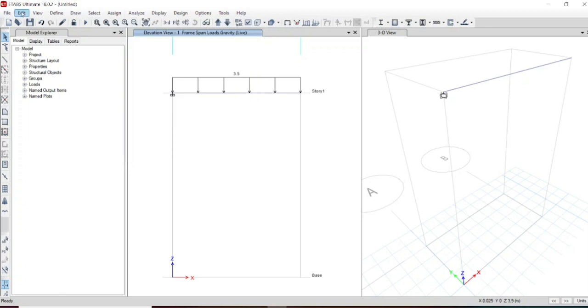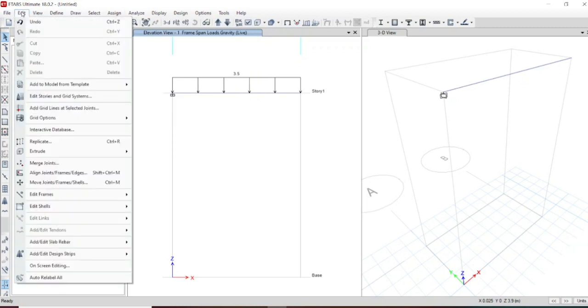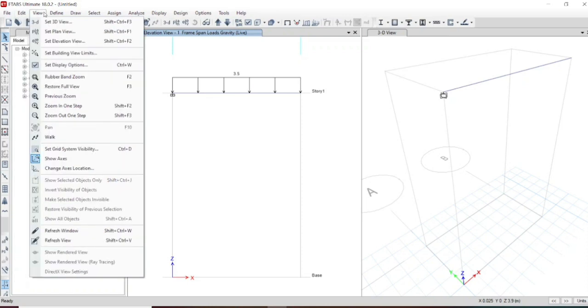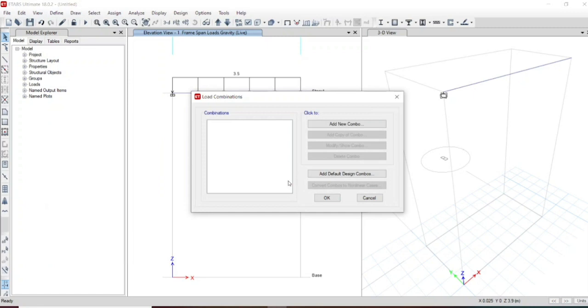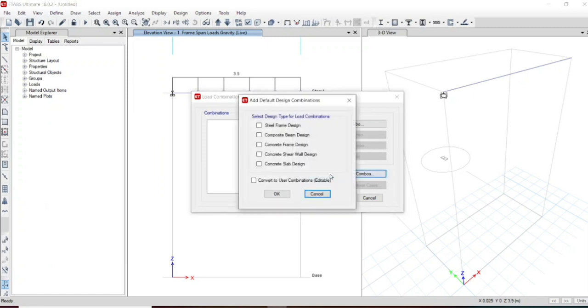And check the load combinations if required. Right now we need only composite beam design.